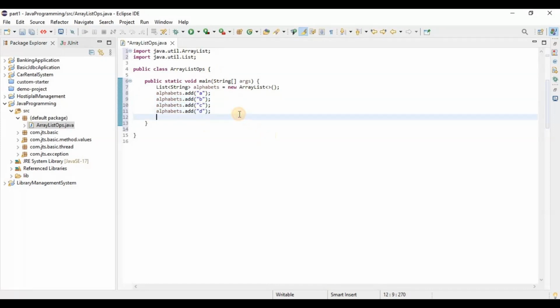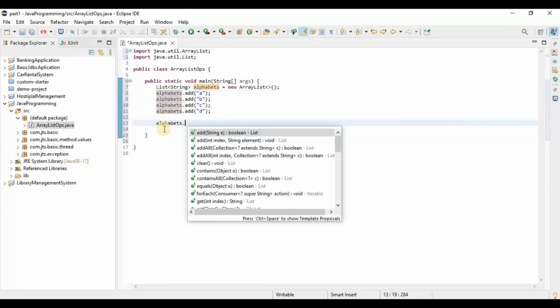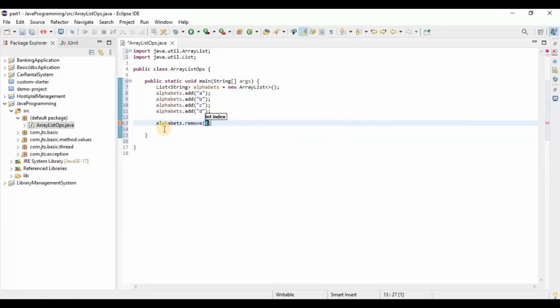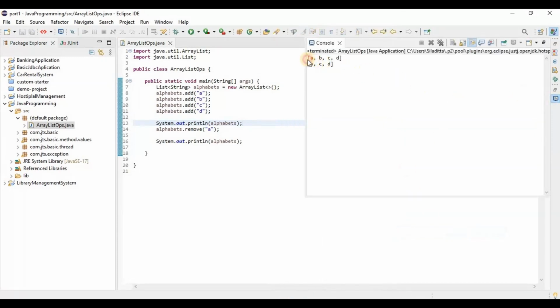Now if we want to remove data, we can directly use alphabets.remove, and here we can provide either the value or the index. First let's try with the value. Then we print the data of this ArrayList, before and after the update. Now if we run this program, we get the output. Previously it was a, b, c and d. Now we have removed the element a, so we get the output b, c